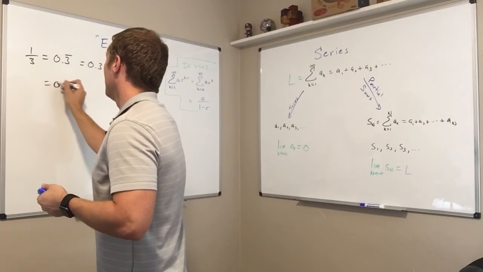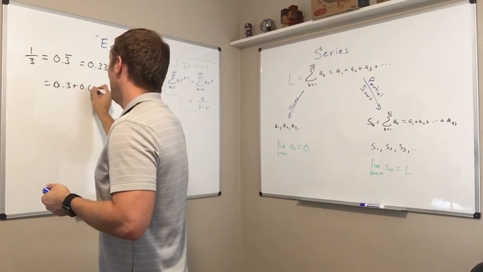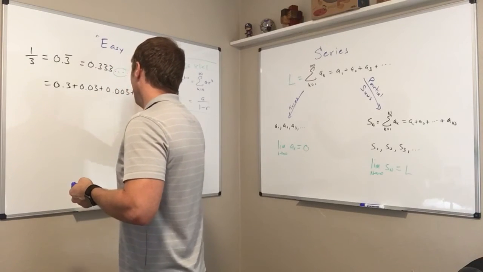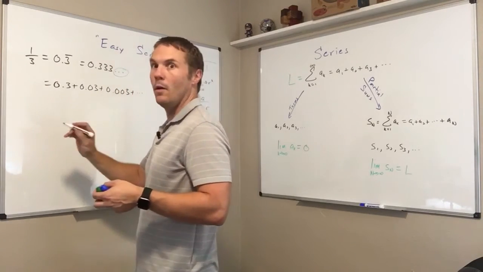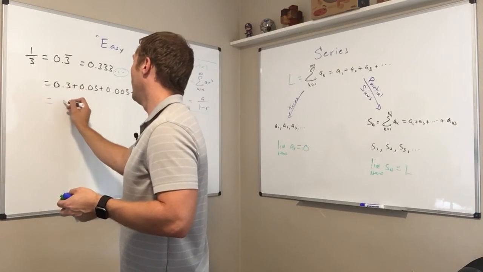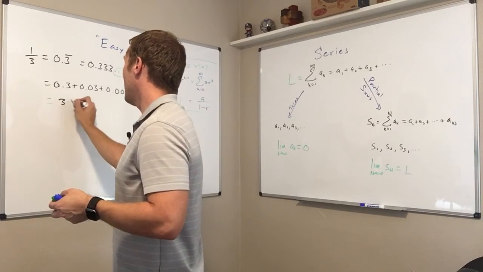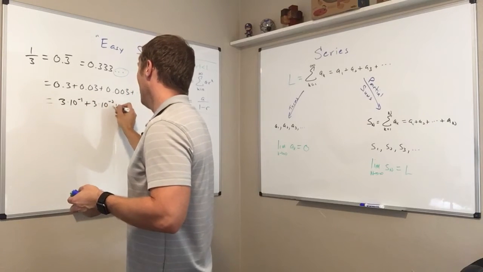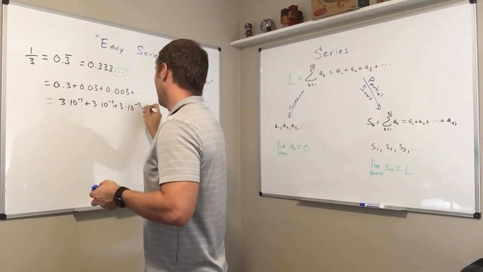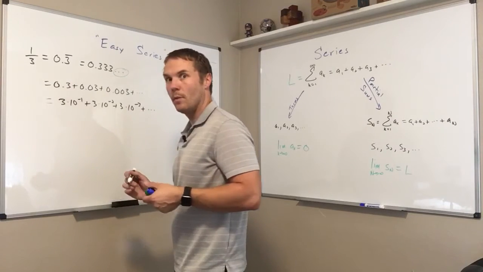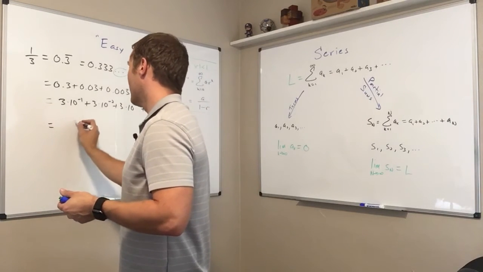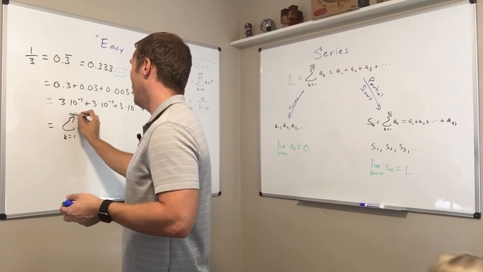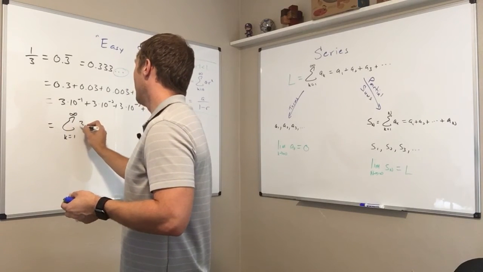This equals 0.3 plus 0.03 plus 0.003 on forever, which equals 3 times 10 to the negative 1 plus 3 times 10 to the negative 2 plus 3 times 10 to the negative 3 plus... Or, now using a summation, this is the sum from k equals 1 to infinity of 3 times 10